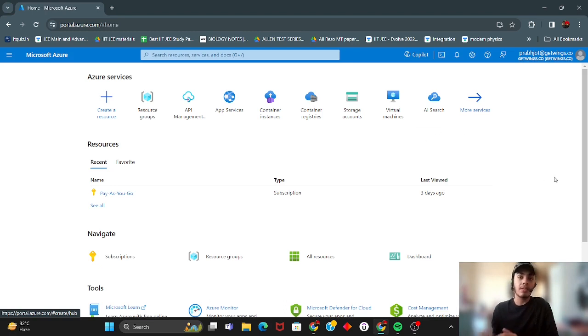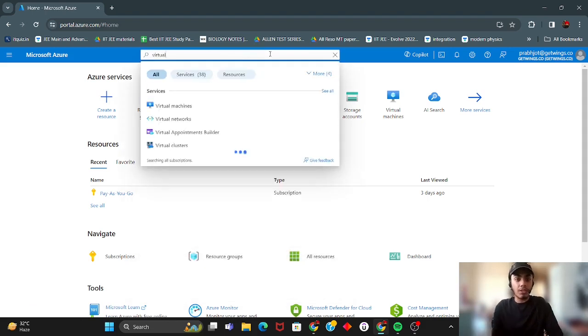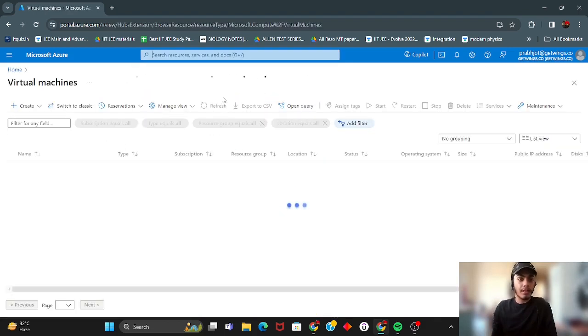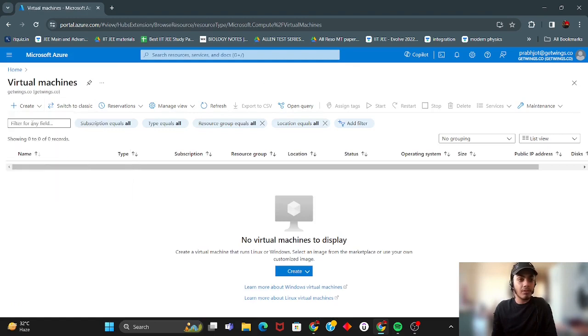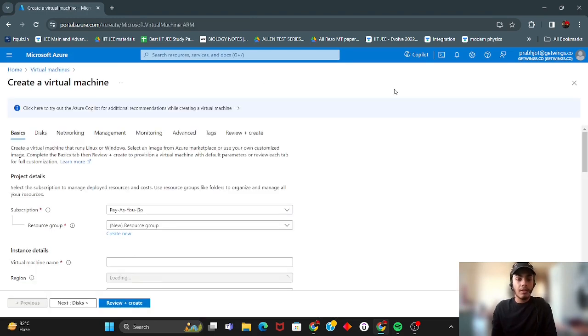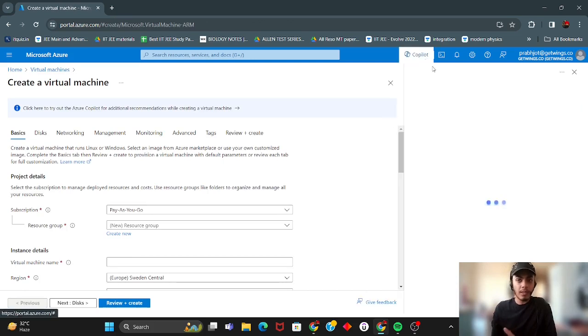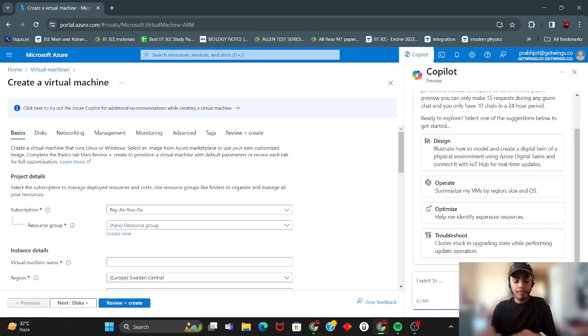So right on my screen, I am in portal.azure.com in my Azure subscription with Azure Copilot enabled. And yeah, let's first of all create a virtual machine, and simply click on Azure Virtual Machine. Now let's say first of all I want to create a cost-effective Azure Virtual Machine. So I open my Copilot pane, and I type in I want to create